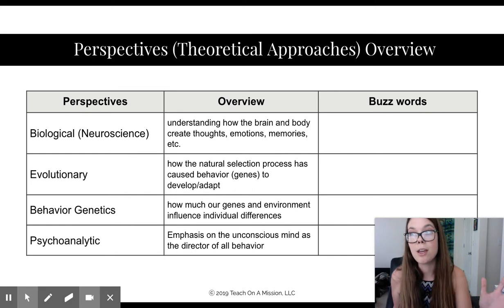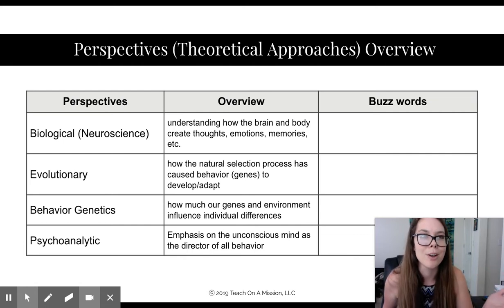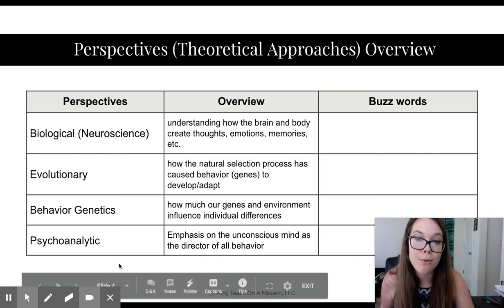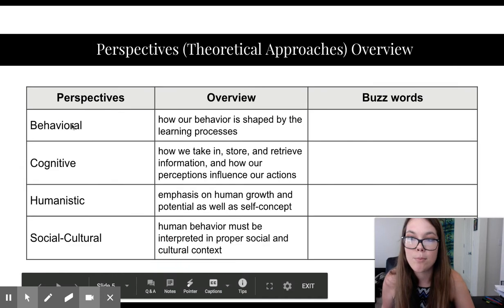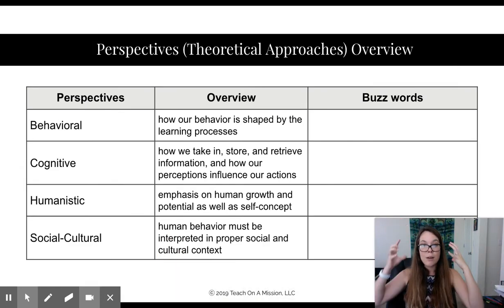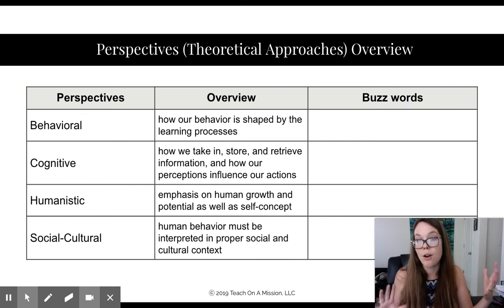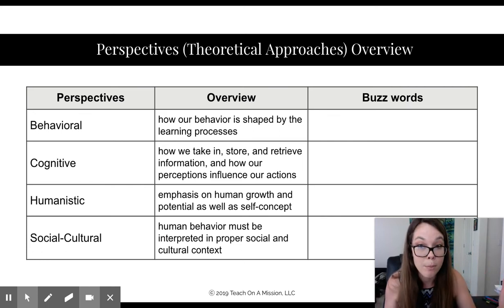Say if you maybe fall on the spectrum or you have a genetic abnormality, this is where this lens will look. But for the most part, what we want to look at is the behavioral lens. Like I said, it is shaped by the learning process, and it's all about what they can see. Behavioralists, again, having that little cap on, are going to see Sally with her anxiety and say, okay, what actions is she showing? What actions are we seeing in her environment, and how can we conclude from those?